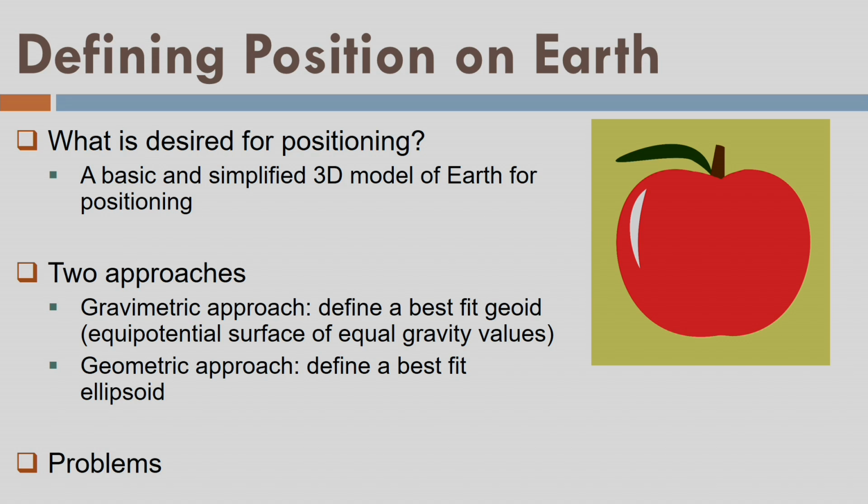Good approach, because it is going to solve all the problems. If I measure the xy as well as the gravity direction, I can do the 3D surveys the way I want. But there is another approach called define a best fit ellipsoid, that is called the geometric approach. That means forget the gravity values, but just look for geometric characteristics of the Earth, and accordingly let us fit some kind of geometric shape to this planet. Let us see. So this is my geometric approach. So this is the regional ellipsoid.